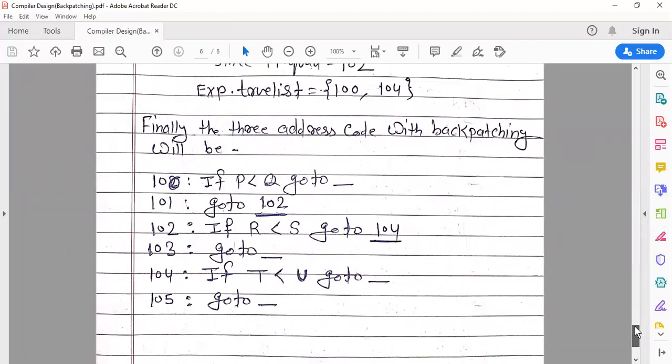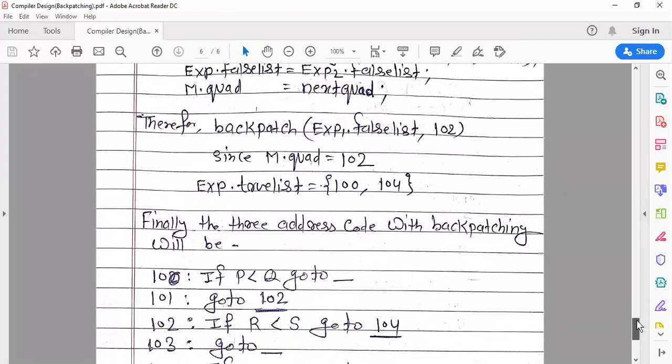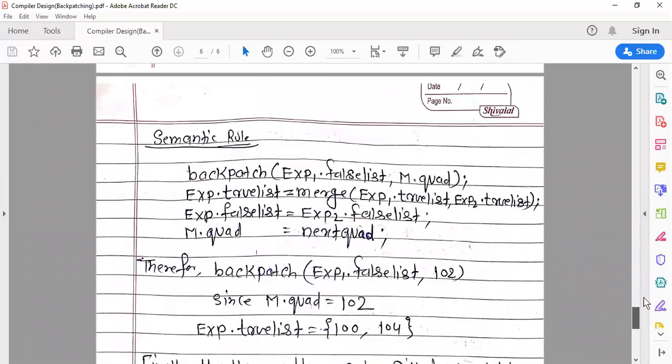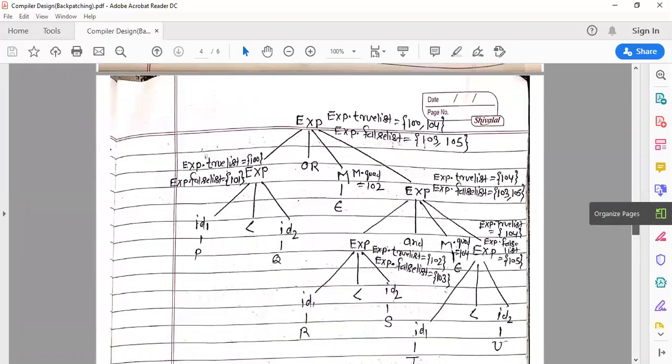So 100 and 104 both merge at this node. So exp.truelist is equal to 100 comma 104.